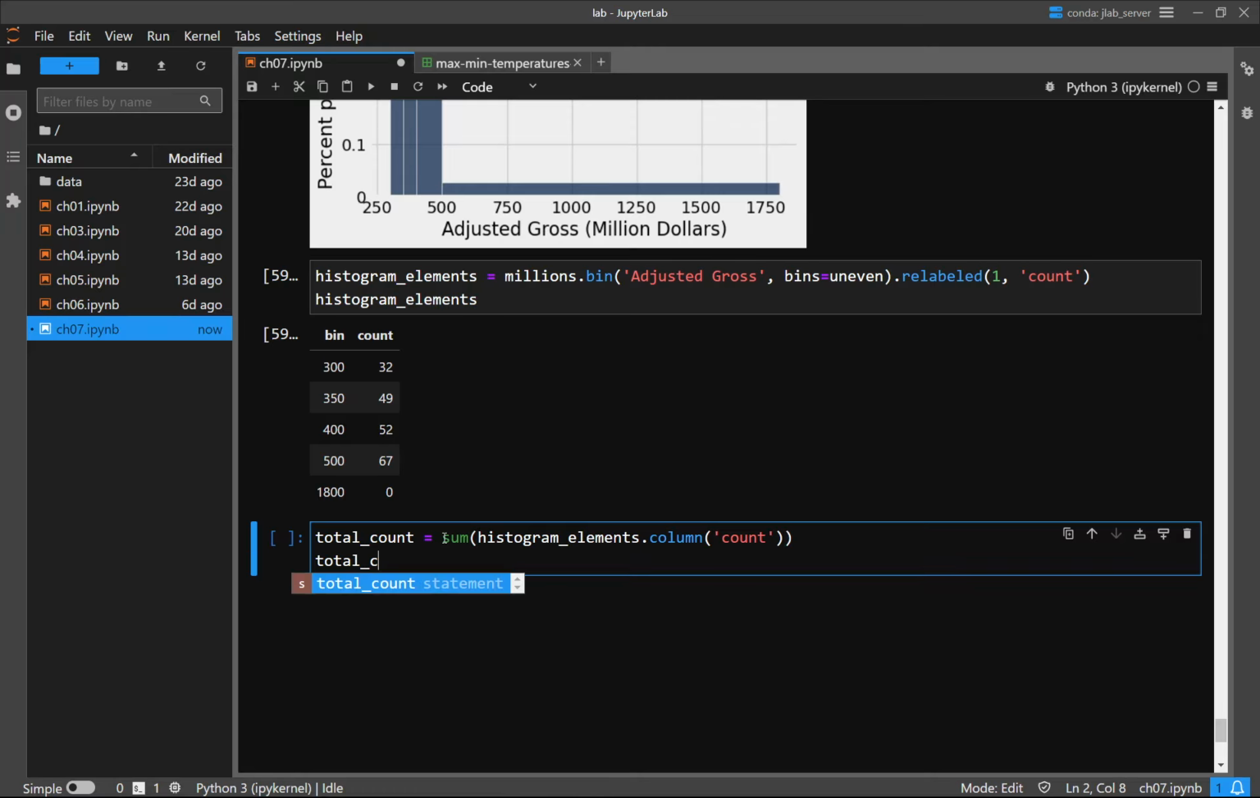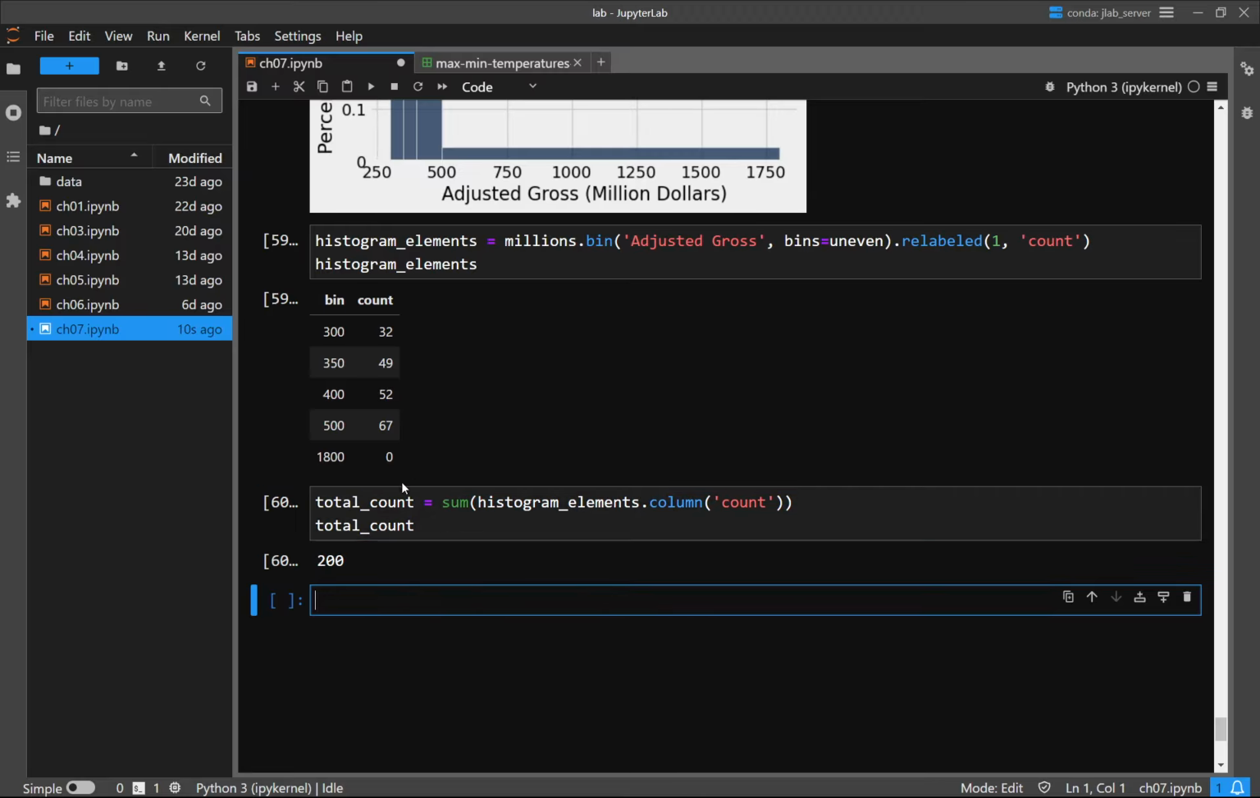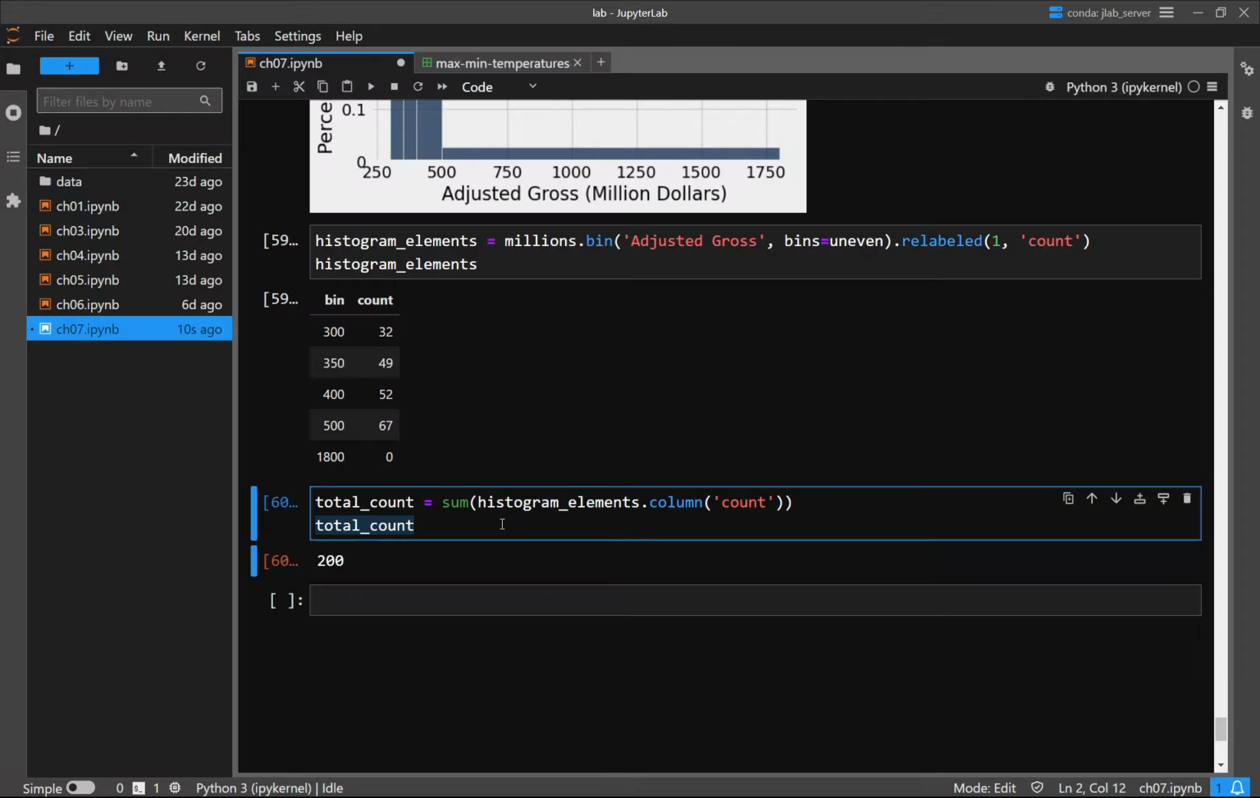So total count. I'll always be dividing by that. So there's 200 things total. Now we know. And then I want to get the percentages for each of those counts because I'll divide them by the total count. So histogram elements dot column count now over the total count